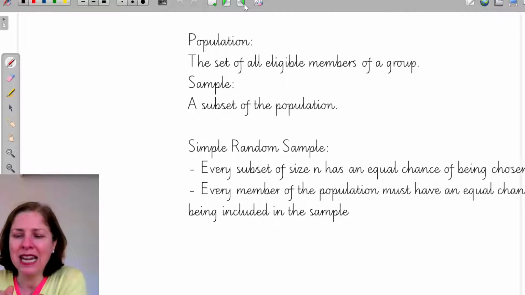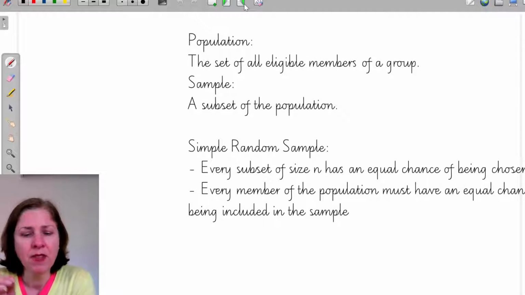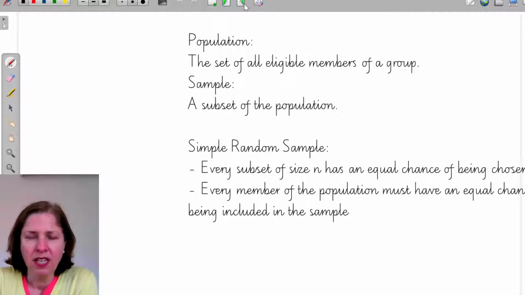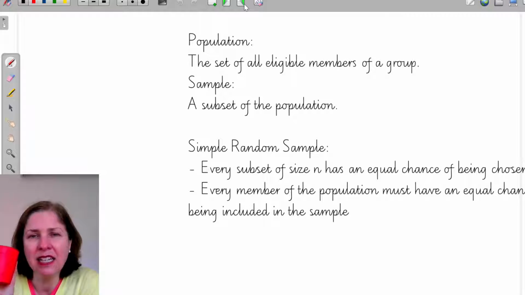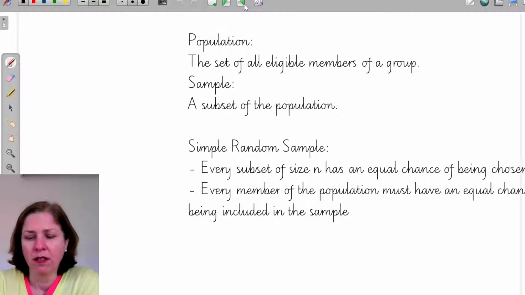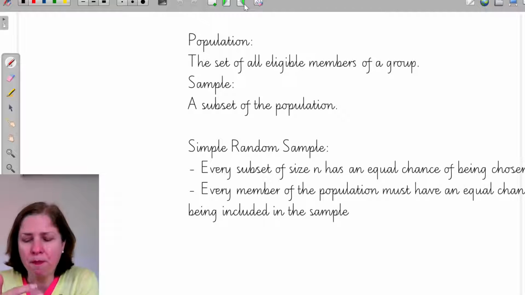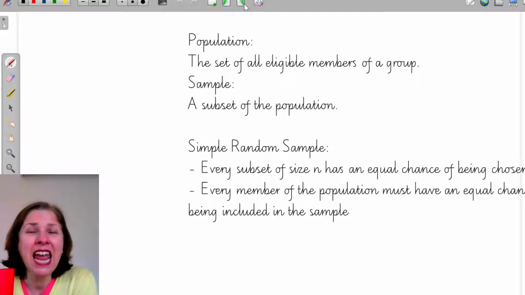Now that doesn't mean that this particular combination has an equal chance. But this exact sample, so I've got 5 trains here. If I numbered all the trains in this cup from 1 to 50, there are 50 trains in the cup, then these particular trains have been chosen, but there are 50 trains and so therefore there's a very large number of